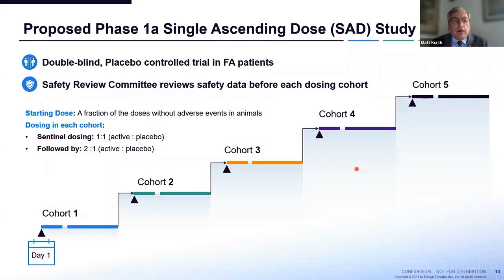The dosing will be evaluated by a safety review committee that looks carefully at all the data that's being collected to make sure that the drug is well tolerated. The starting dose will be determined by adverse events found in animals, and we have to go one low dose below that. And there are some other rules and regulations that will be followed in terms of the mathematical formula to determine the exact starting dose. It's based on what's considered to be a safe starting dose, and it may not be at the level at which the drug is actually efficacious at this point. It may actually begin below the level of efficacy.